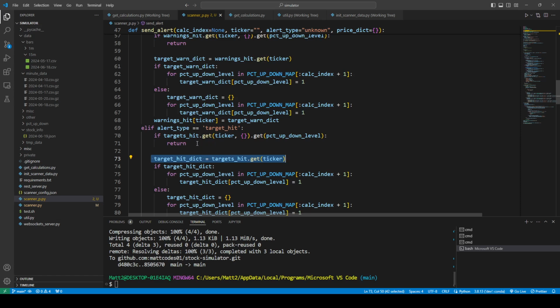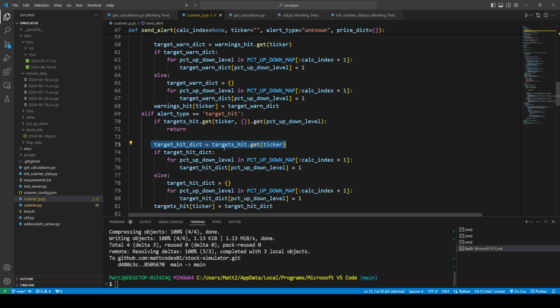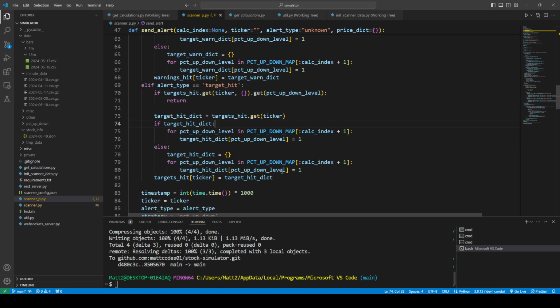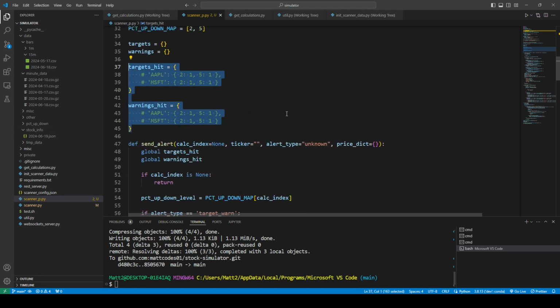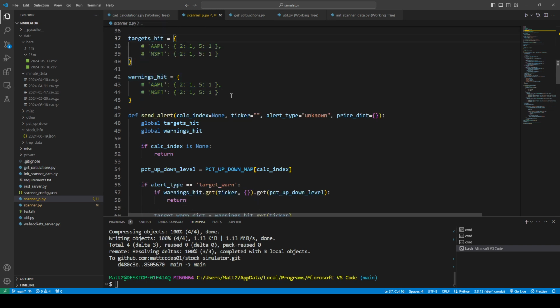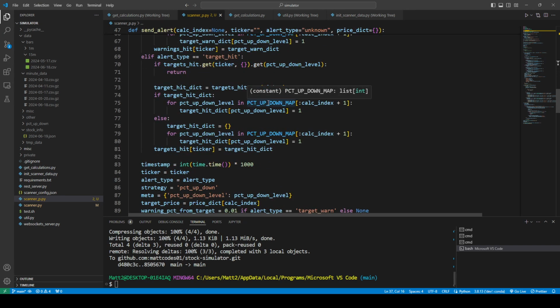So if it doesn't exist, then you return. If it does exist, then you process it here. And basically, I just want to update these two dictionaries to make sure that if it sees that again, it doesn't send the alert because I want to do one per day for now. So if it target hit dict exists for this ticker,